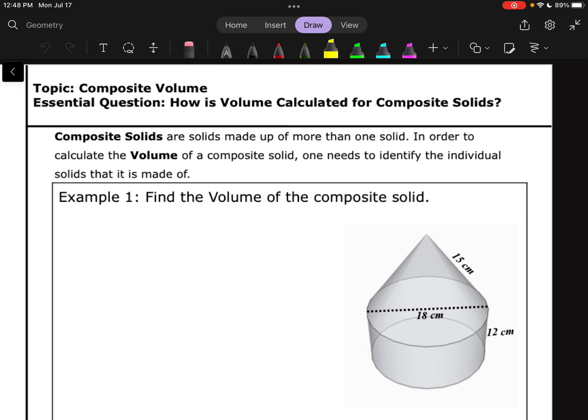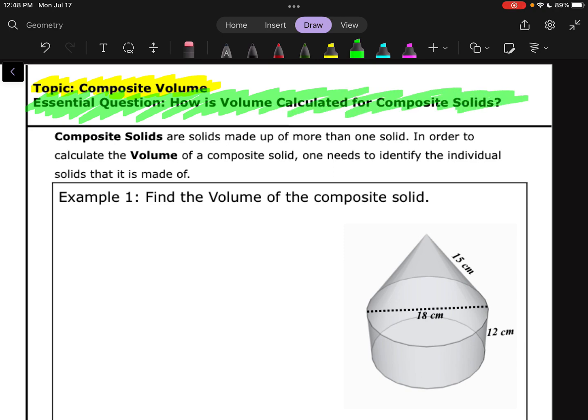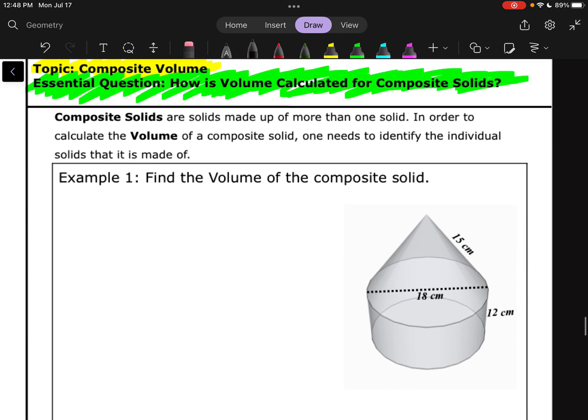All right, topic for this video is going to be composite volume. What we're going to be looking at here is essentially just how to find volume of composite solids. If you don't remember, composite solids are solids made up of more than one type of solid. In order to calculate the volume of a composite solid, one needs to identify the individual solids that it is